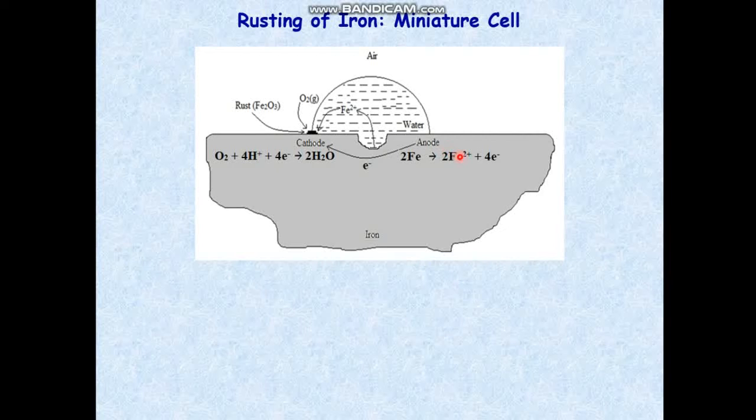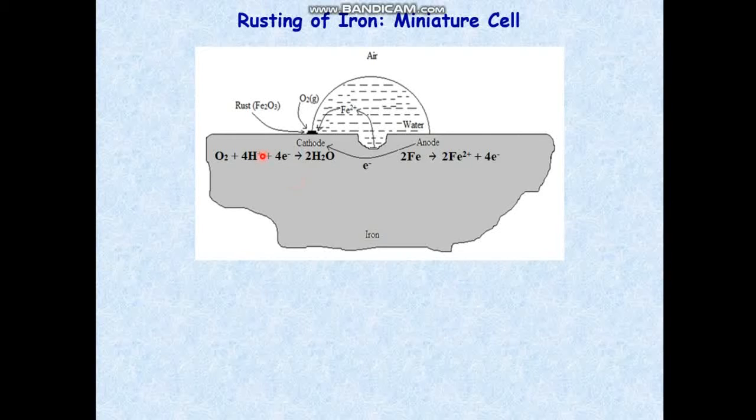So iron is providing two electrons to become ferrous ion. This ferrous ion further reacts with oxygen to produce rust. Rust means Fe2O3, ferric oxide. Sometimes it is a combination of Fe2O3 and FeO, that is ferrosoferric oxide, which is Fe3O4, which you find on the planet Mars. That is why Mars looks red.